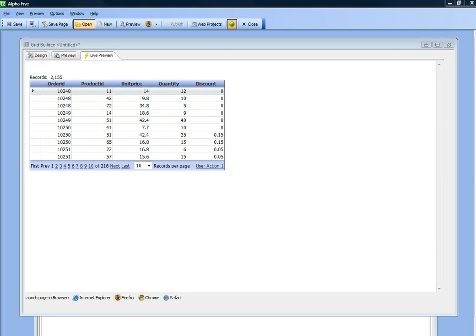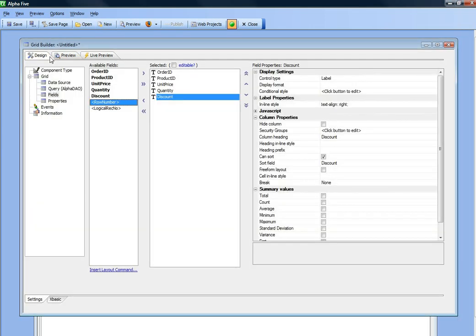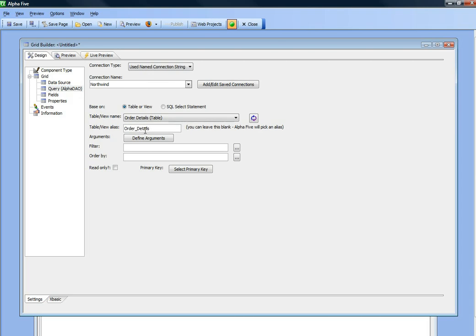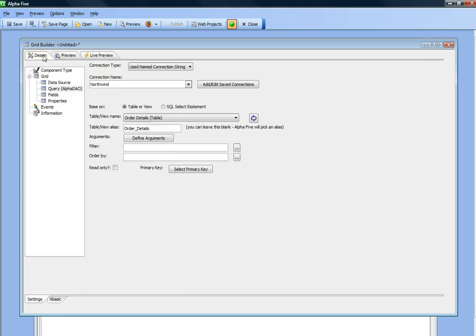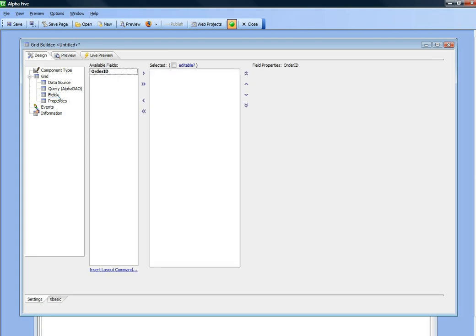In this video, we'll demonstrate the conditional formatting features of the grid component. I have here a grid that's based on the Northwind's order details table, and what I'd like to do is display all the quantities that are above the average quantity in green, and all those that are below the average quantity in red. So I'm going to go back to design mode and then switch over to fields, and first